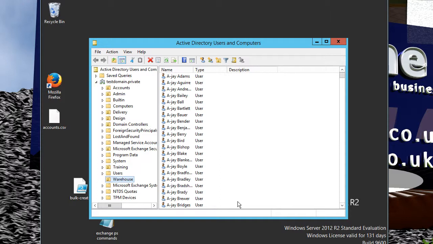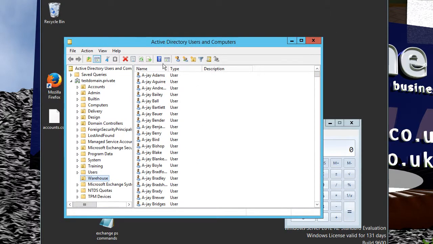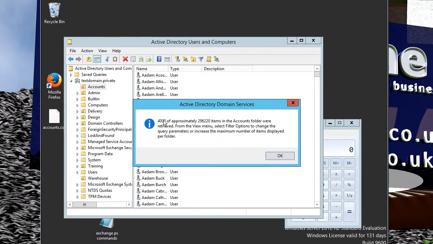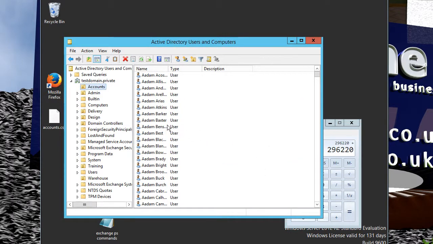To see the total number of users that we have, I'm going to get the calculator and we're just going to add it up. First of all, if you go into accounts, you have to wait a bit for it to churn its way through. As you can see, it takes a while, even though I've restricted the view to 4,000 users, it still takes a while to get those 4,000 out of the 296,000. So that's our first one, 296,220. So our next group,